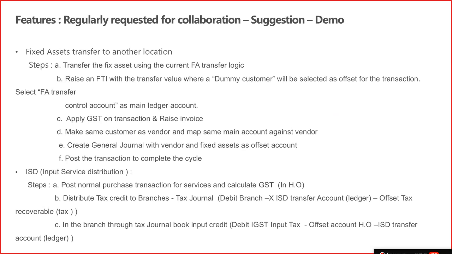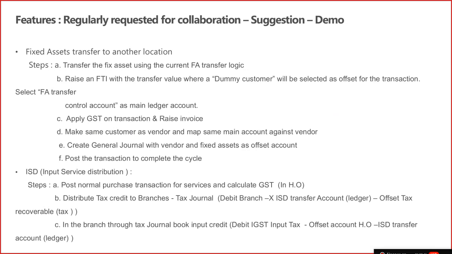Then we have ISD. ISD we are not supporting, we have clarified it. But we have got a lot of escalations on how it can be handled, and as per my understanding it can be handled only through a tax journal, which we have provided in the application. So in the tax journal, what you can do, you can create a branch transfer account, branch transfer control account or something like that, and you can debit the branch's account and credit the